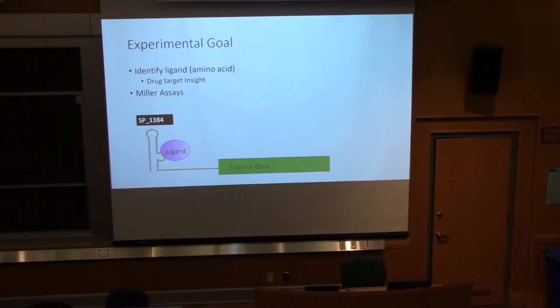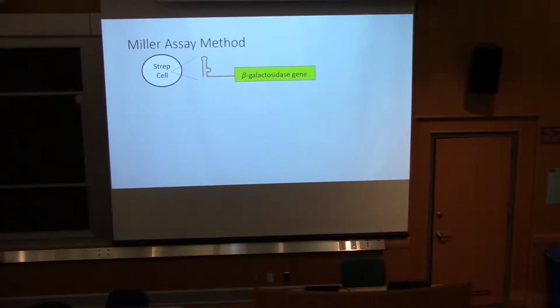I conducted Miller assays, which assess gene expression levels. So how does that relate to my riboswitch? Well, Miller assays assess gene expression levels, so I'm assessing the enzyme activity that's actually being regulated by our riboswitch. In lab, we constructed a riboswitch fused to an enzyme gene, and that enzyme gene is known as beta-galactosidase, beta-gal for short. So first, with the Miller assay method, using cells that have this gene contained in them,